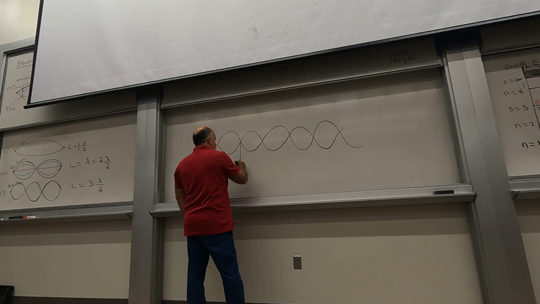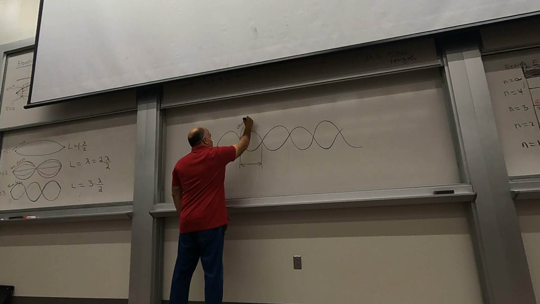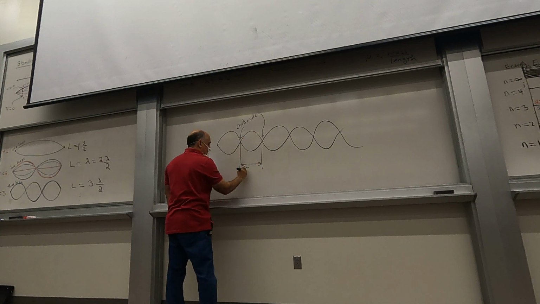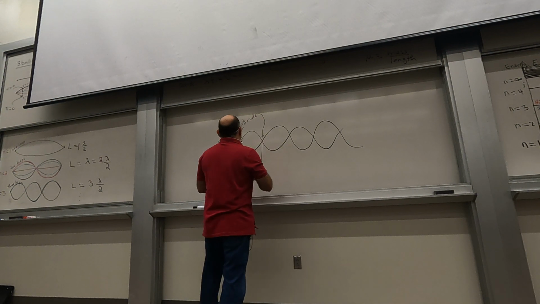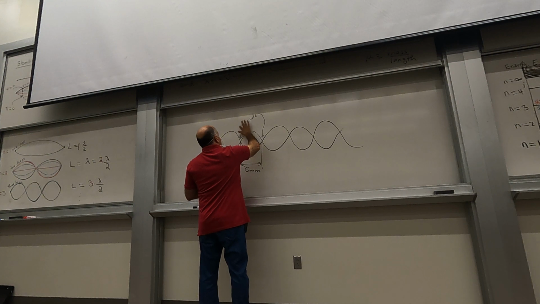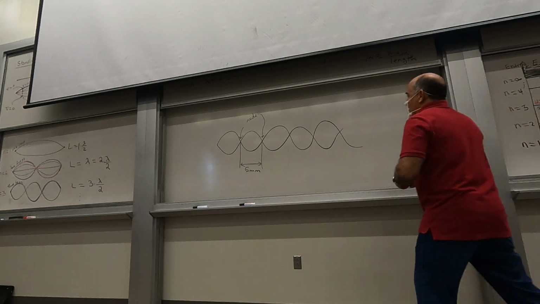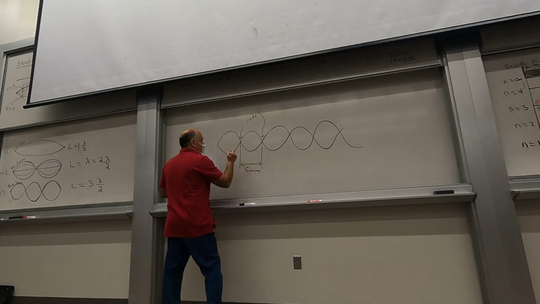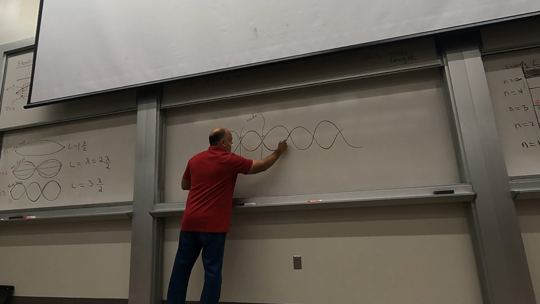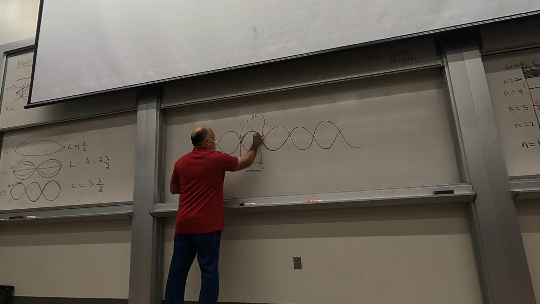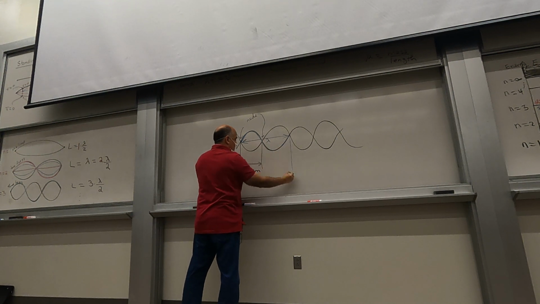So if I tell you that the distance between two adjacent antinodes, that's an antinode, and this is another one, if I tell you that this is 5 millimeters, then the wavelength is this. So this is the wavelength. So if that's 5 millimeters, this is also going to be 5